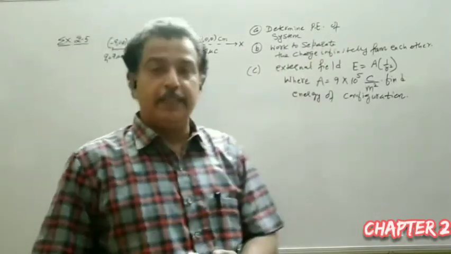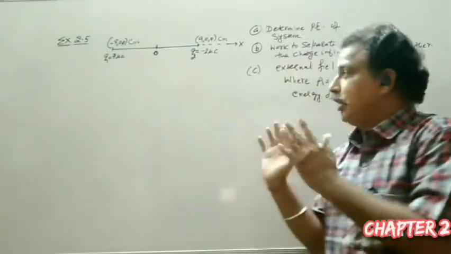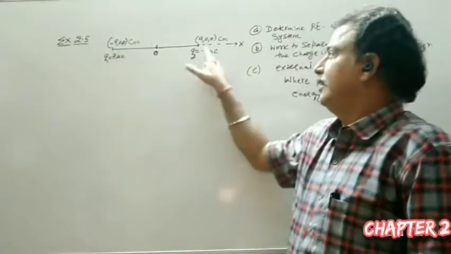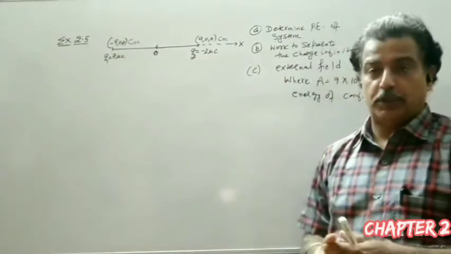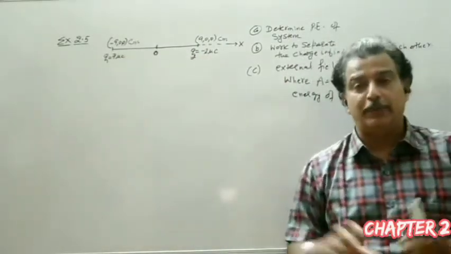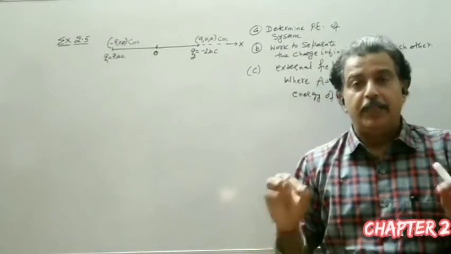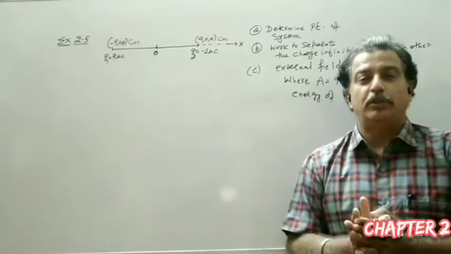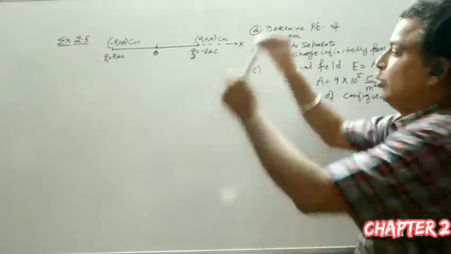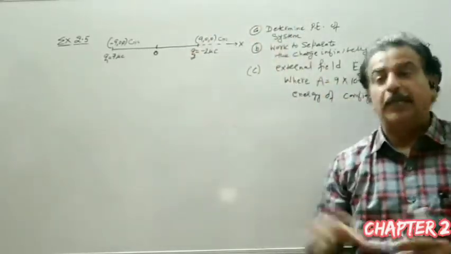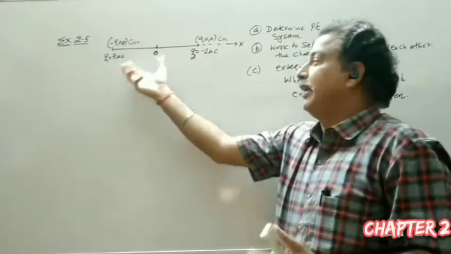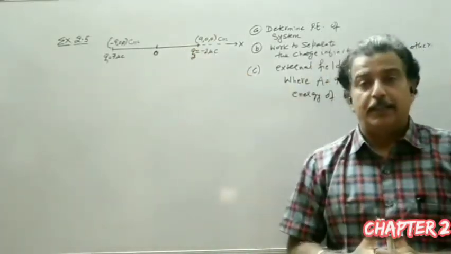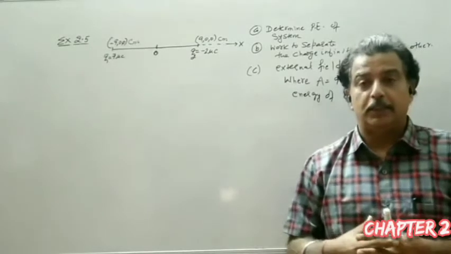Now what does it mean? Arrange these two charges at these two points, and you make up this configuration. Remember, when you have to find the potential energy, it means the work required to be done to make up that configuration. It is not that two charges are given to you and you keep them free. If you keep them free, there will be a force of attraction, and they will move towards each other.